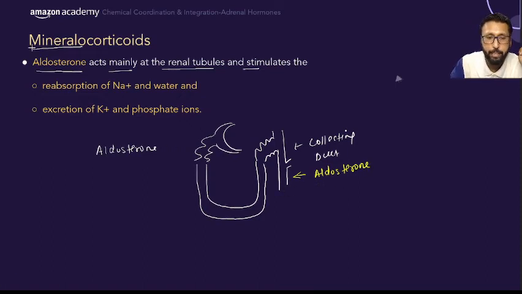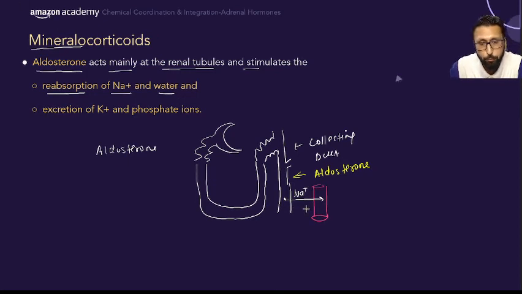It will cause reabsorption of the sodium ion. That means sodium ion is going to move into the blood vessels. Suppose this is the blood vessel and this is our nephron. So sodium ion is going to move here, from the nephron to the blood vessel. This is called reabsorption. After that there will be movement of water also. So reabsorption of the sodium ion and the water, and excretion of the potassium means